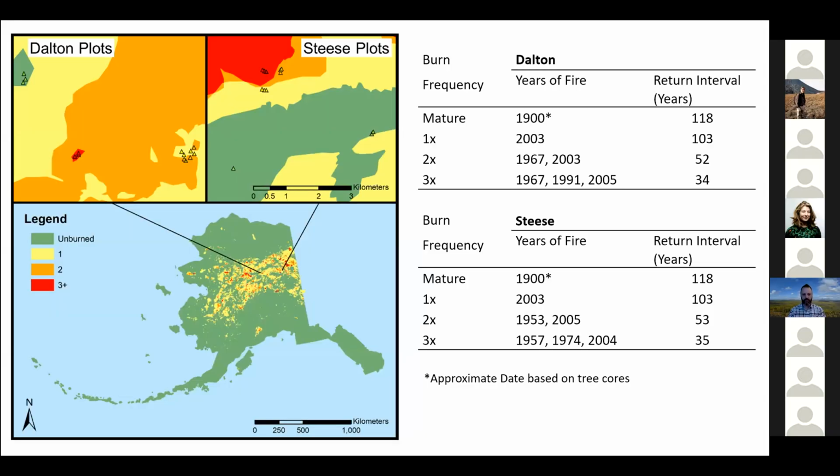Our site, as we mentioned, was in the interior of Alaska, where there has been a decrease in the fire return interval since approximately the 1950s, a pretty considerable decline. As a consequence, we're seeing areas that historically burned on 80 to 150 year intervals on average. Some areas are now burning every 30 to 50 years, or even less than 30 years in some cases. As a consequence, this is really changing the presentation of vegetation in the landscape.